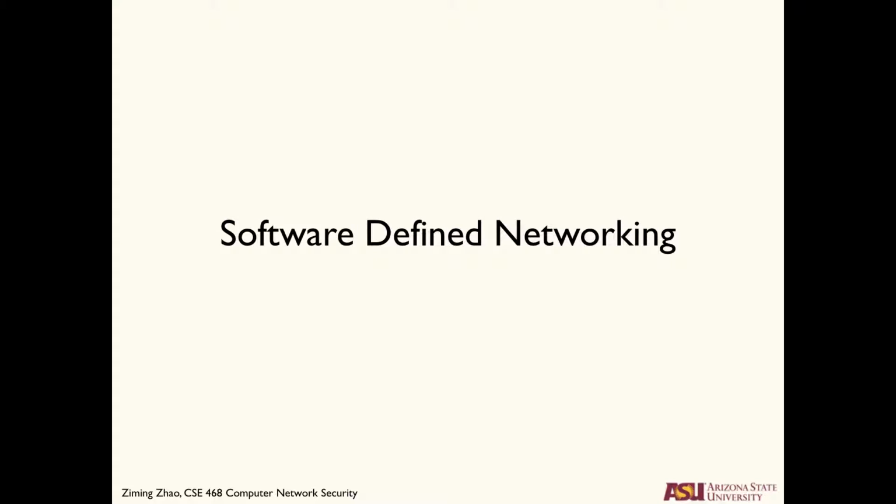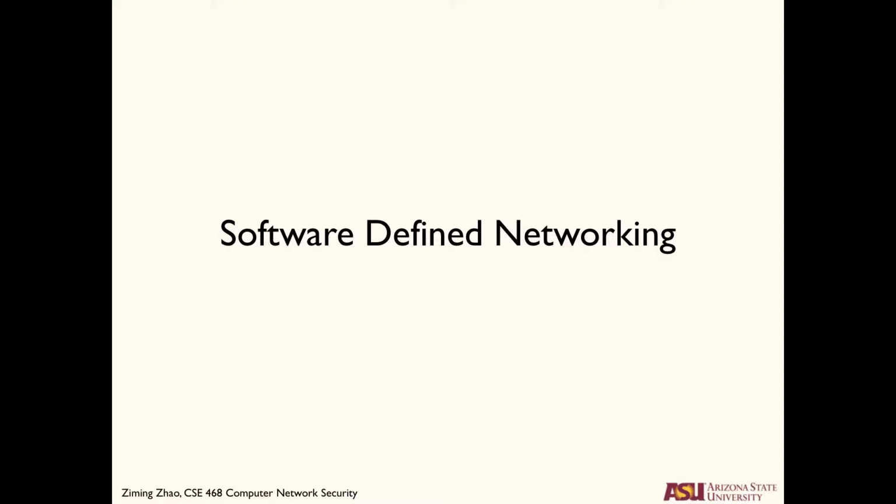So today and the next several classes, we will discuss a new networking paradigm called software-defined networking and its security. This is a kind of new thing. It was invented maybe 10 years ago. Some people in academia started talking about SDN, but the concept of SDN may only have been around for 6-7 years. Before we talk about SDN, we have to look at the network structure of the modern enterprise.